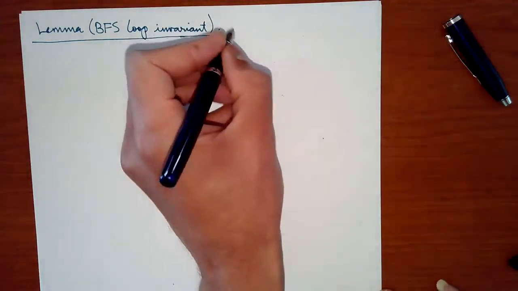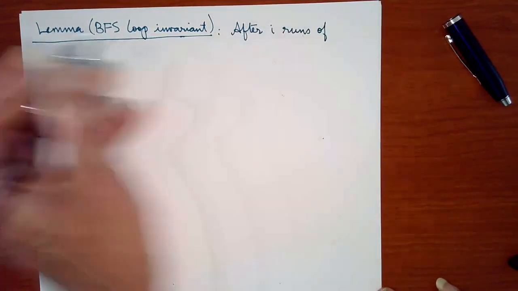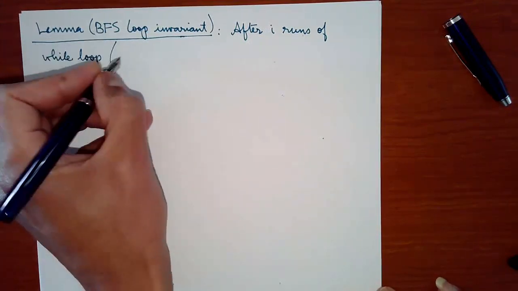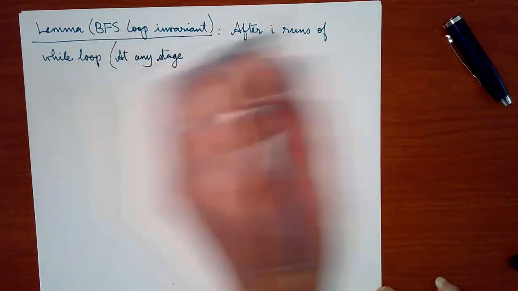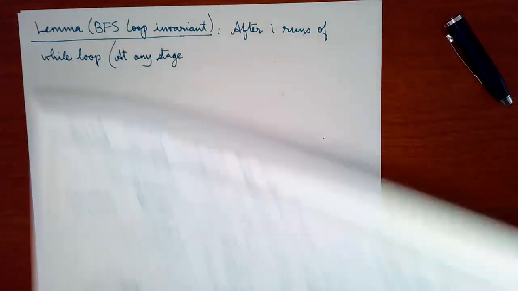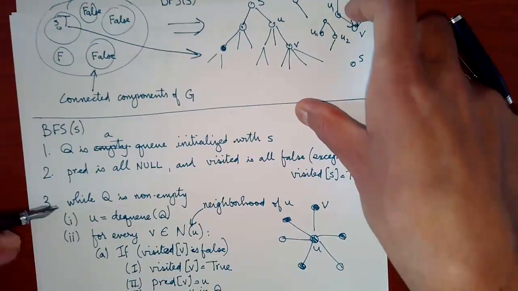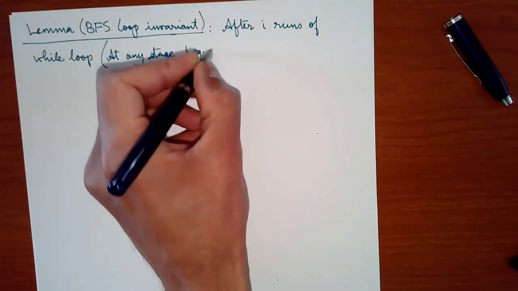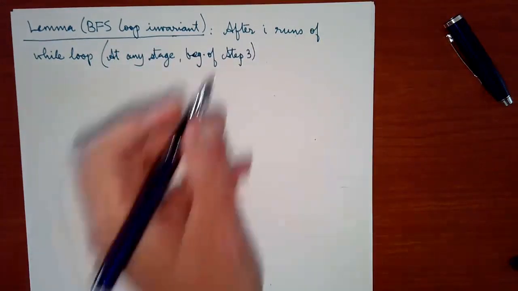So what I can do is I'll say that after i runs of the while loop, at any stage, I'll just say at the beginning of step 3, because this is a loop. So just at the beginning of step 3, after i runs of the while loop,